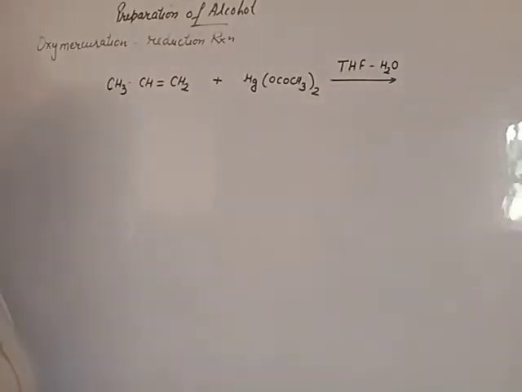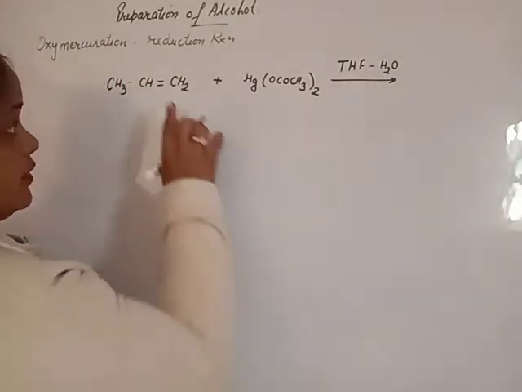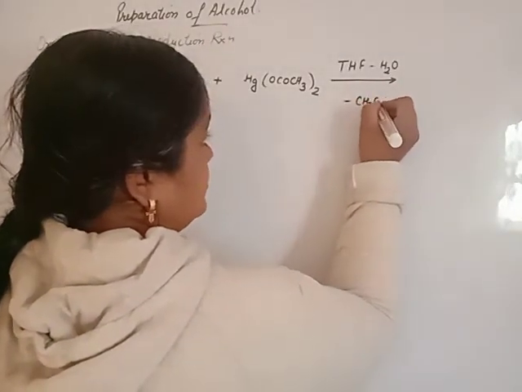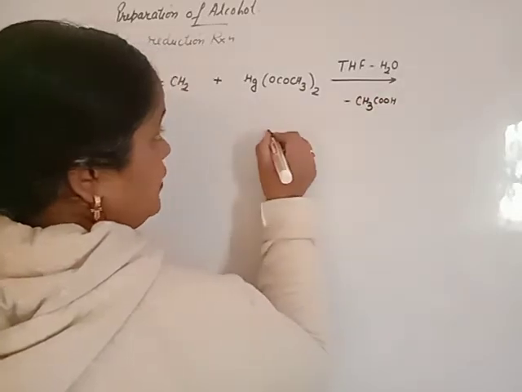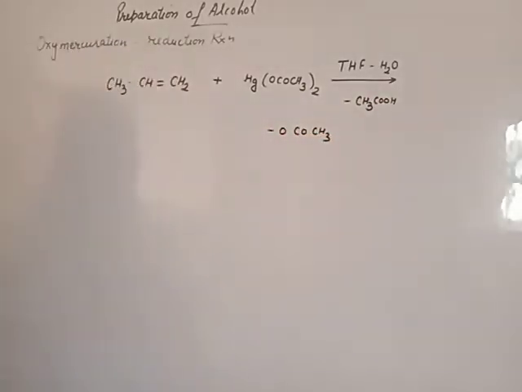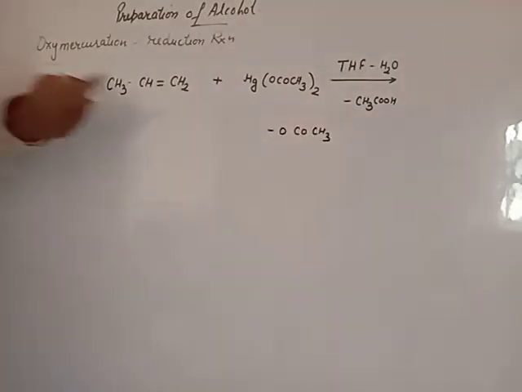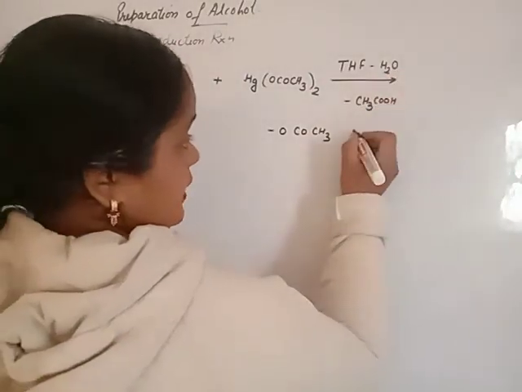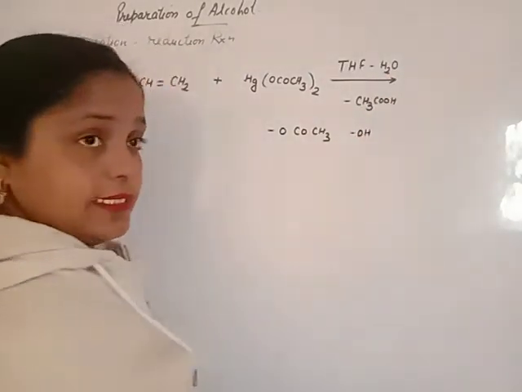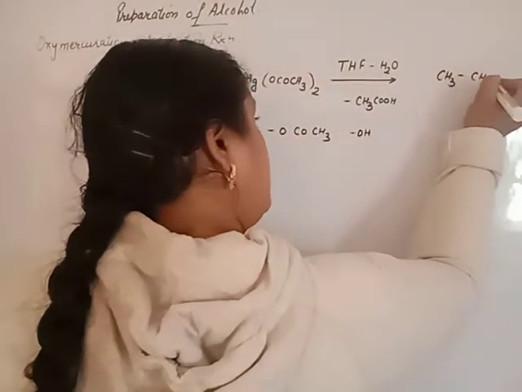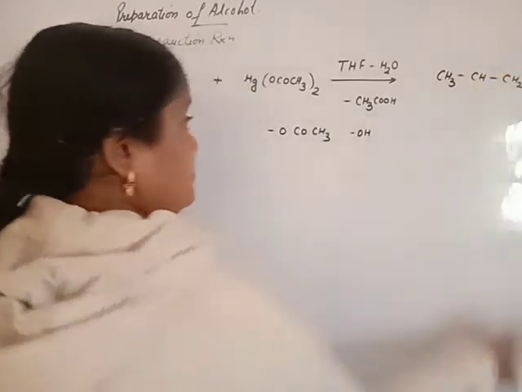Water causes hydrolysis, and this bond will break. Beta, one acetic acid molecule is removed. We have only one acetate ion, because one acetate is removed in the form of acetic acid. This bond will break. Water gives H to this, and one OH is with us. By breakdown of the double bond, we have this compound.